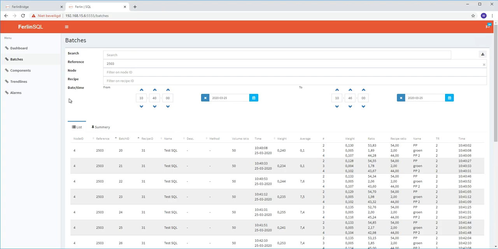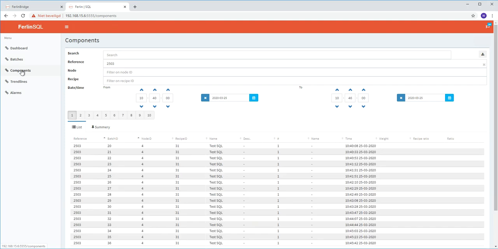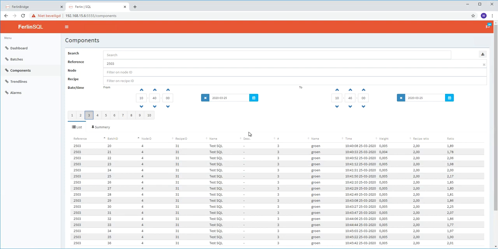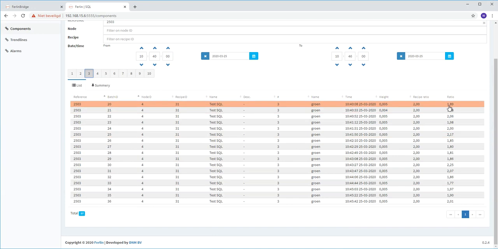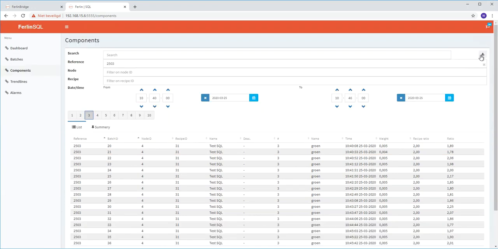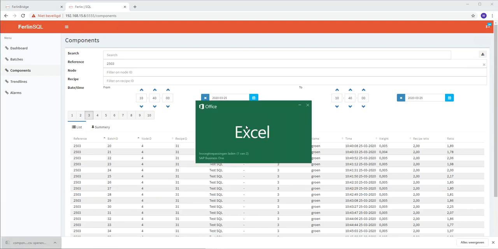But there are some other things. So for example, you can go for the components. And with the same selection I can say I want to know what I did in component 3, which in this case was the 2% component. And also here I can ask for a download, and again I can open this of course in Excel,